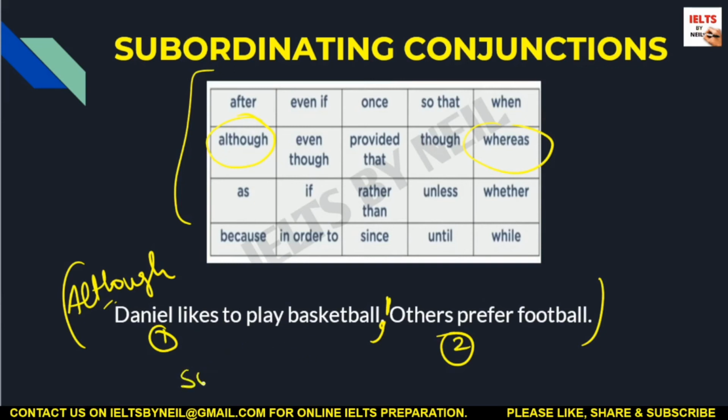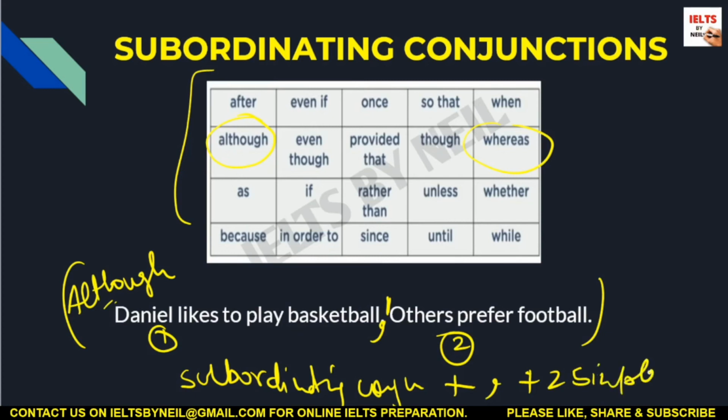So subordinating conjunction plus a comma plus two simple sentences will give you a complex sentence. Okay,